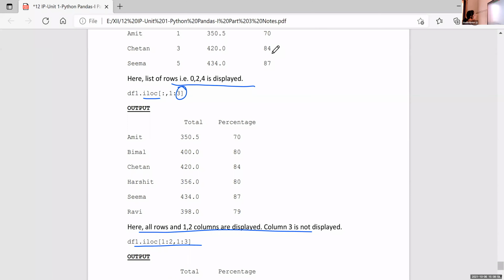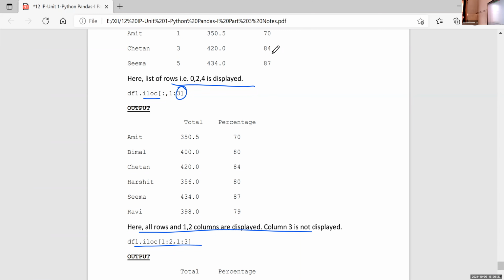Then write the output of this one. iloc within square brackets [1:2, 1:3]. Meghna, what is the meaning of that statement? In which case 1:2 means, is it row or column? Okay. So first row to second, that second is not included, because we are using iloc.